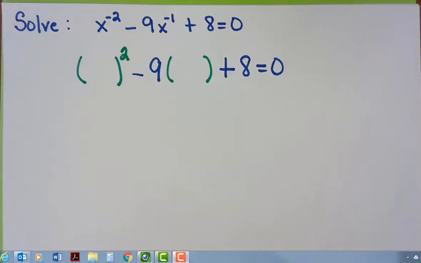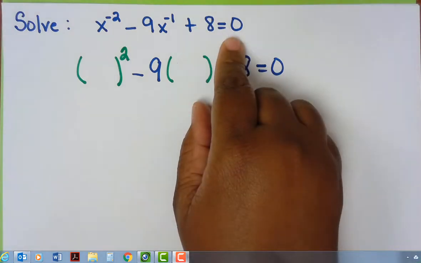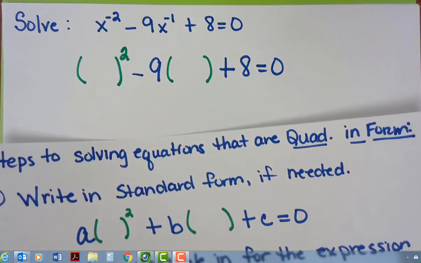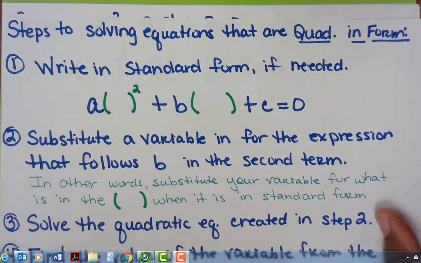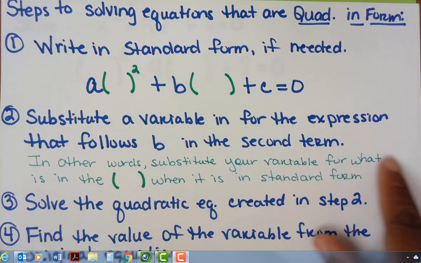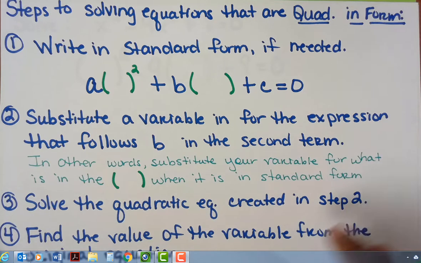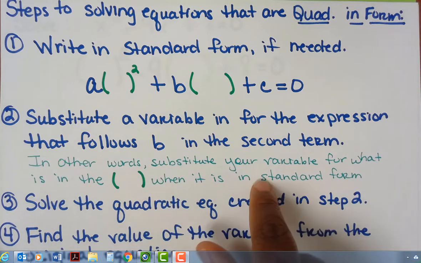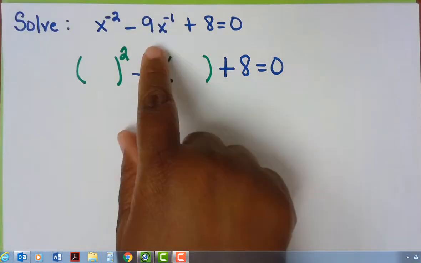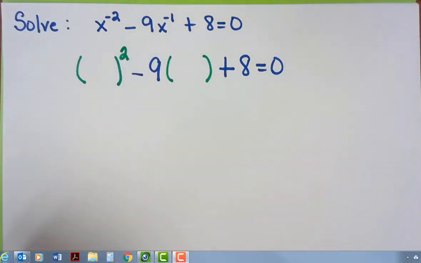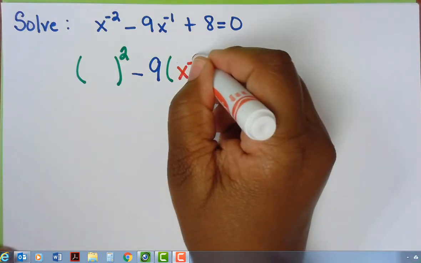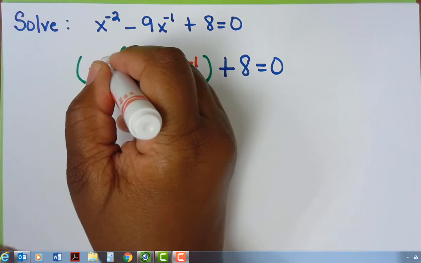Alright, so we're going to solve x to the negative 2 minus 9x to the negative 1 plus 8 equals 0. So our equation is in standard form. Then going back to step 2 again, we're going to substitute a variable in for the expression that follows b in the second term. So the expression that follows b in the second term is x to the negative 1. So we're going to plug x to the negative 1 in for